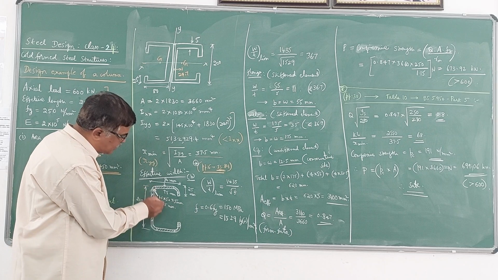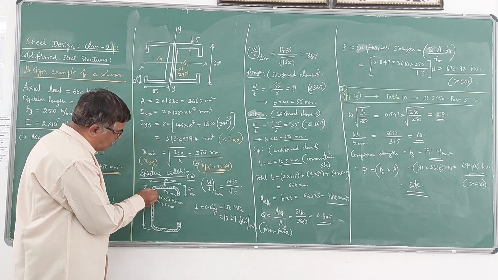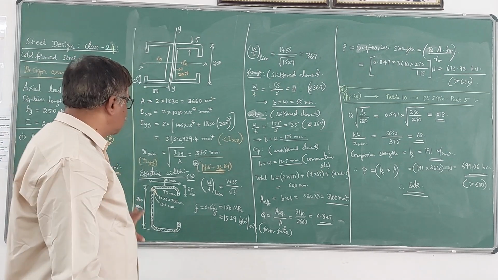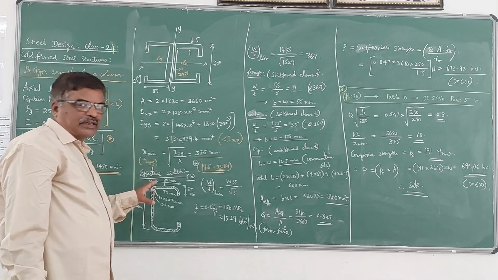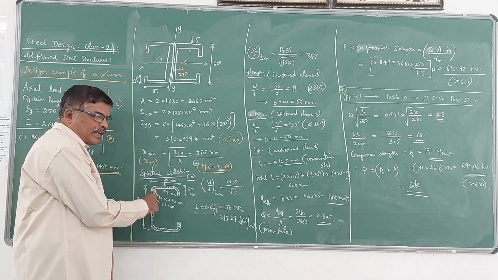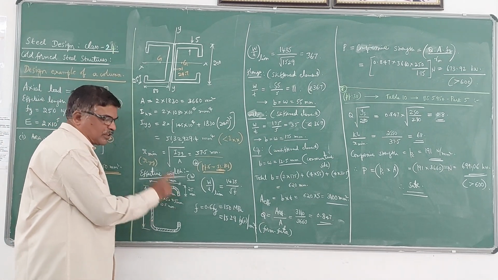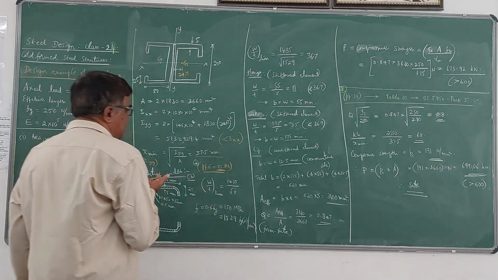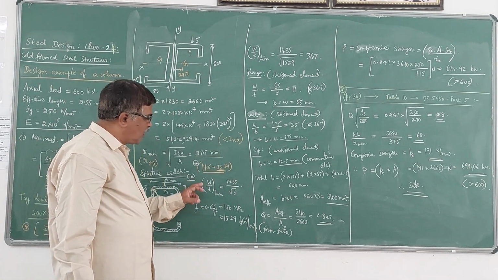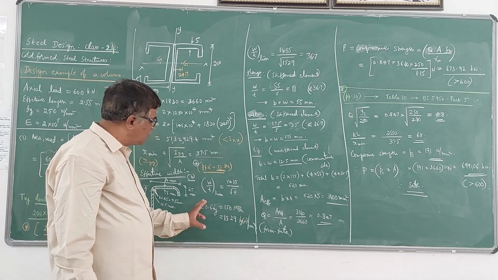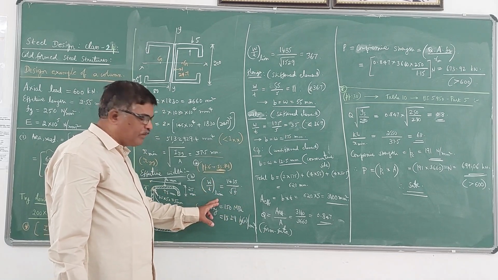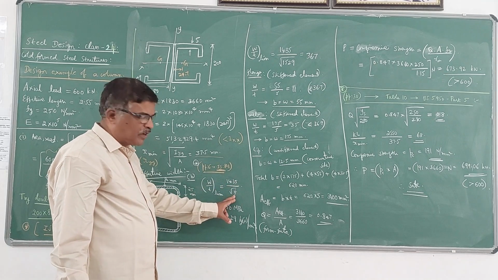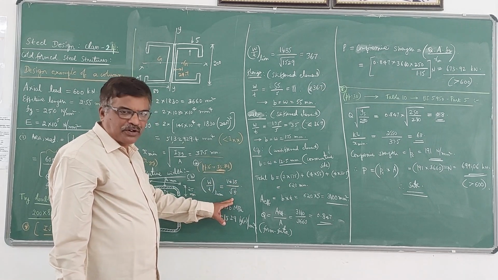If you add the thickness, it becomes 12.5 mm. So the outer radius is 12.5 mm. Now here, to find out the effective width for all these different elements, for the flange, for the web, for the lip, I am following the codal provisions IS 801, page 6. So what we have to do is calculate one ratio called W by T limiting, which is given by 1435 by root F,